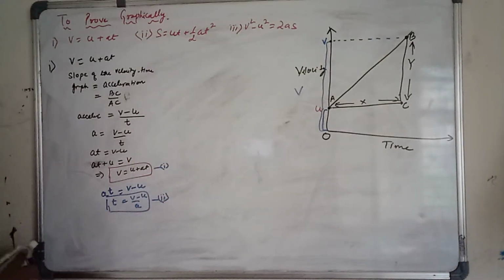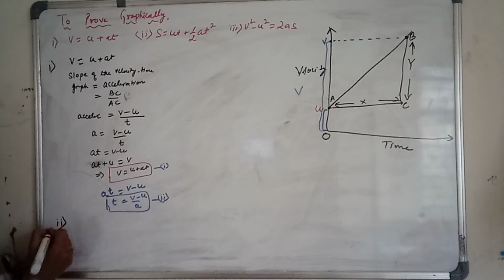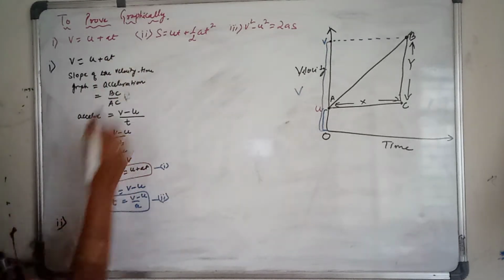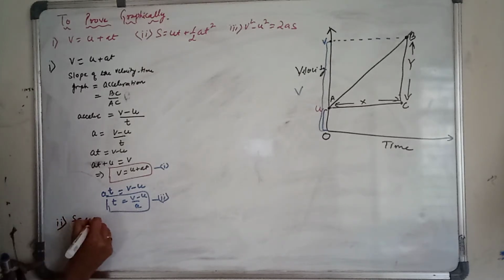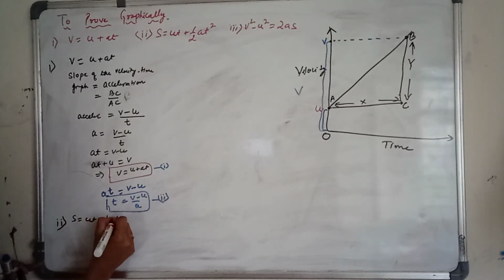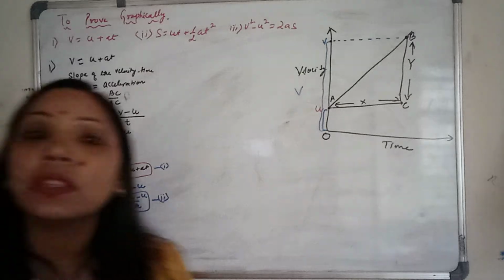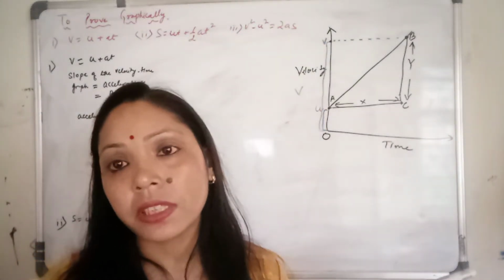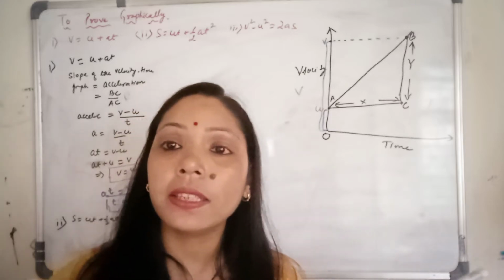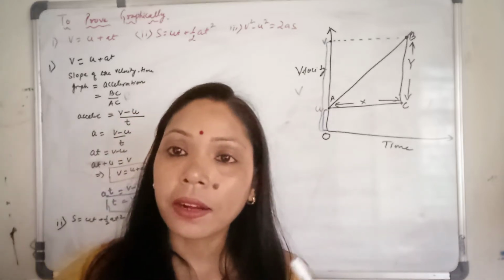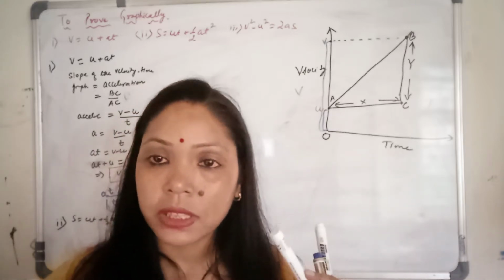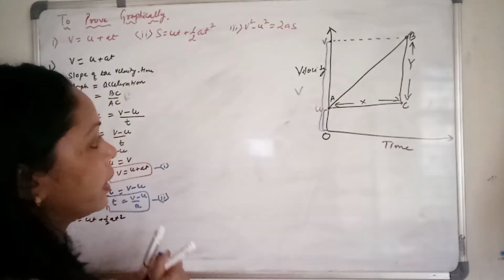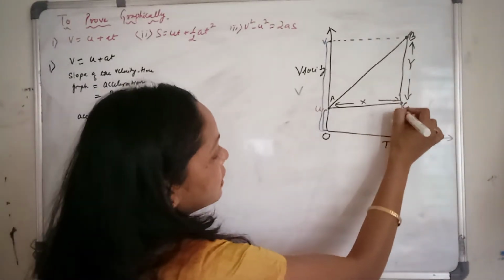Now let's start the second one. Second one, number 2. Now if you see the number 2 here, S equal to UT plus half AT square. To find this one, S means what? Distance. And how do we get the distance from the velocity time graph? By finding the area covered by the velocity time graph. So area, just cover it,